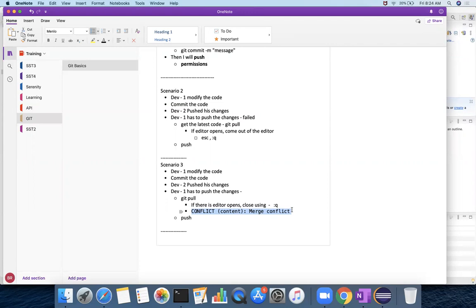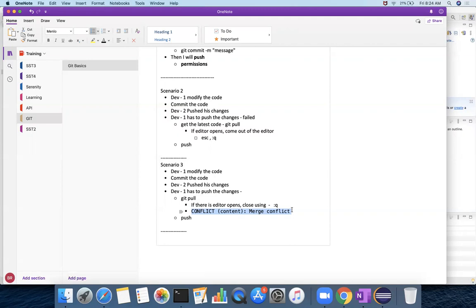I directly got that editor, came out of that, did git pull, and then I was able to git push. So both changes were available in the git server. Now the scenario that we got here is a conflict. Conflict occurs when you and other people make changes on the same file, mostly on the same lines.